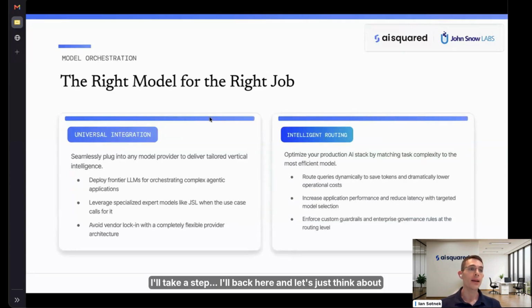So I'll take a step back here and let's just think about what kinds of AI ML solutions could potentially provide that support to clinicians. Naturally, not every model excels at every task, and the choice of what model to use can have real implications for the cost as well as the performance